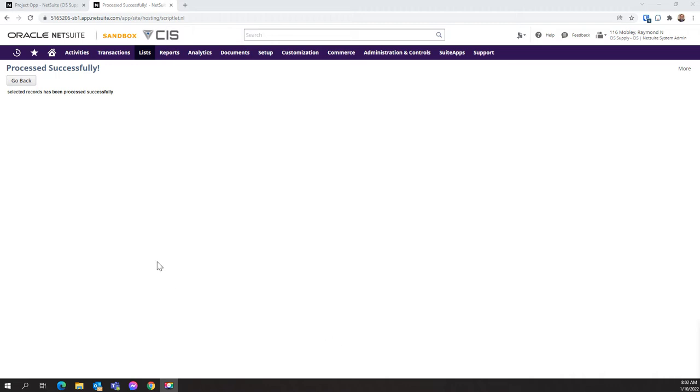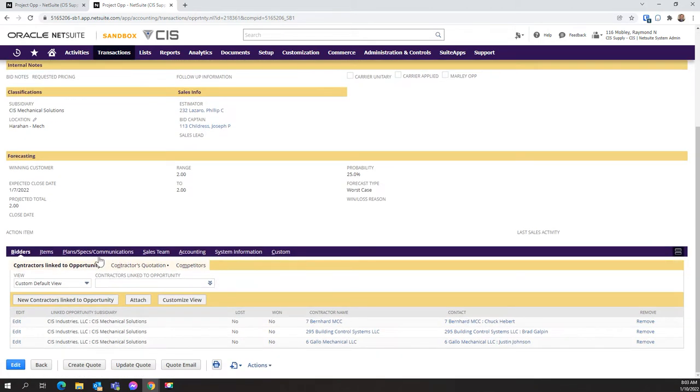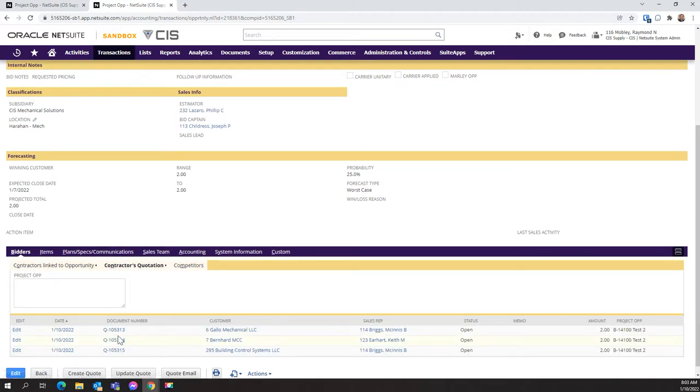Once the quotes are created, it would pop up process successfully. Then you can hit Go Back, which will take you back to the project opportunity. Two new buttons pop up. You have an update quote and a quote email. If you wanted to look at your quotes, they're located here under bidders, contractors quotation, and there are your three